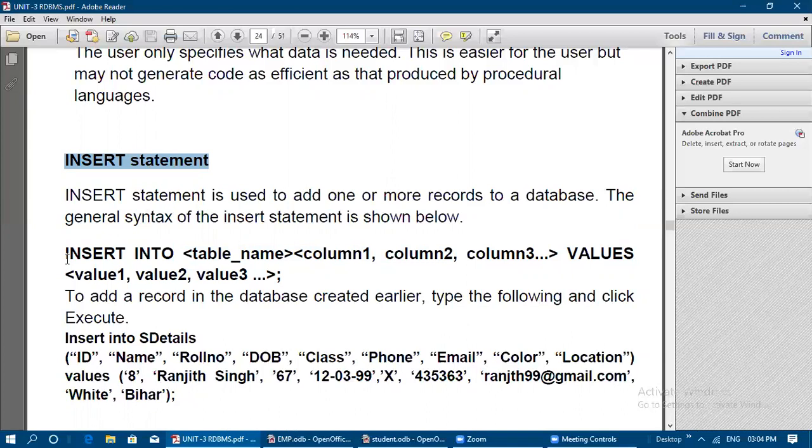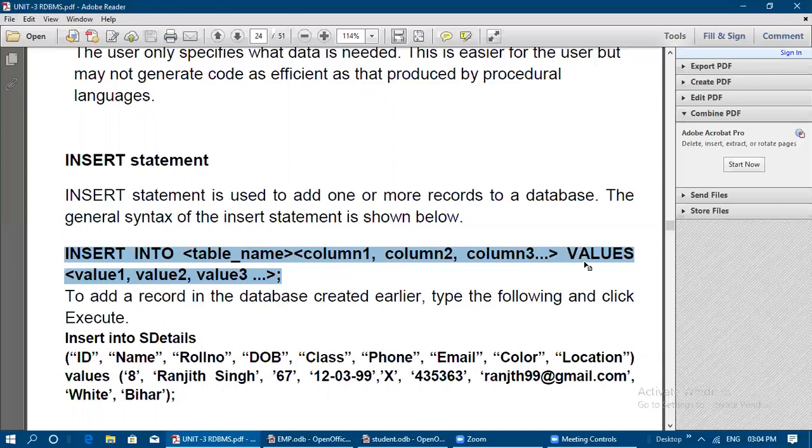If you want to insert any value into the table, you need to follow the following syntax. Insert into, mention the table name, and column 1, column 2, column 3. Which columns you need to assign a value to. For example, if your table has around 5 or 6 columns, those 6 column names need to be mentioned, separated by commas.